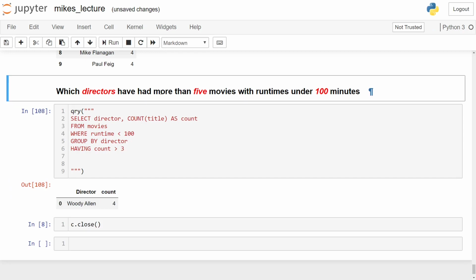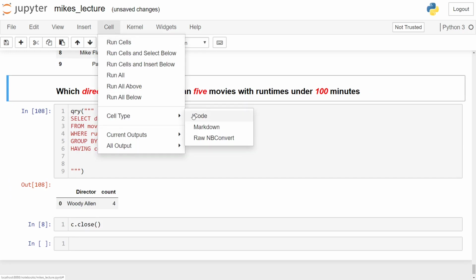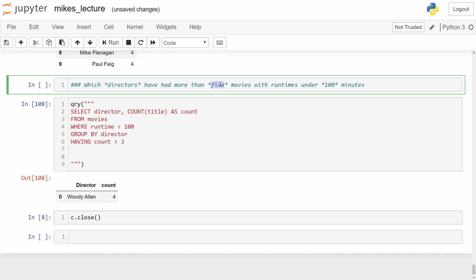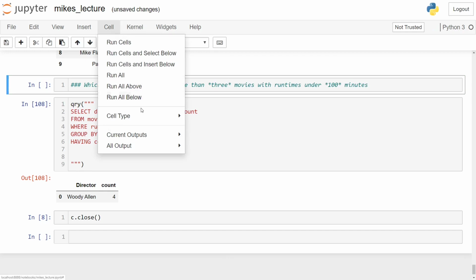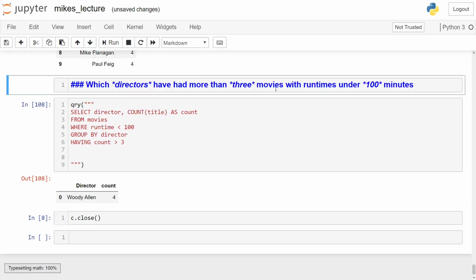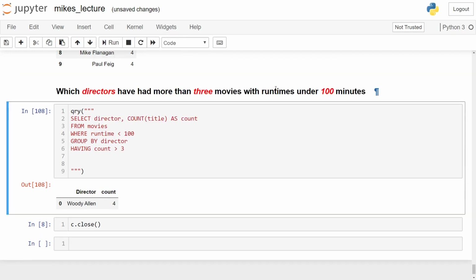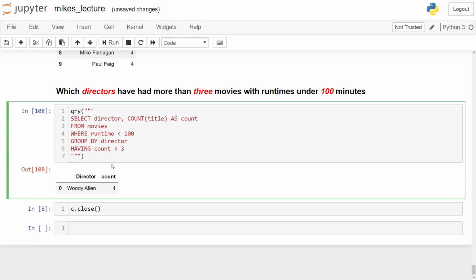There we go, just 1. Real quick, we'll put this back into code. We'll make that 3. Put it back to Markdown and run it. There we go. Okay, so it looks like we have 1 director with more than 3 movies with runtimes under